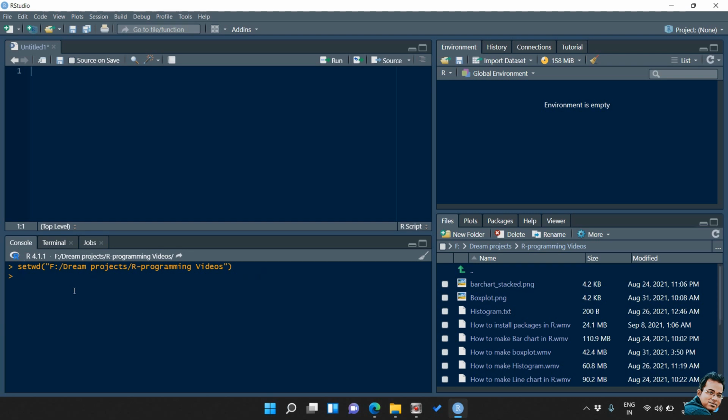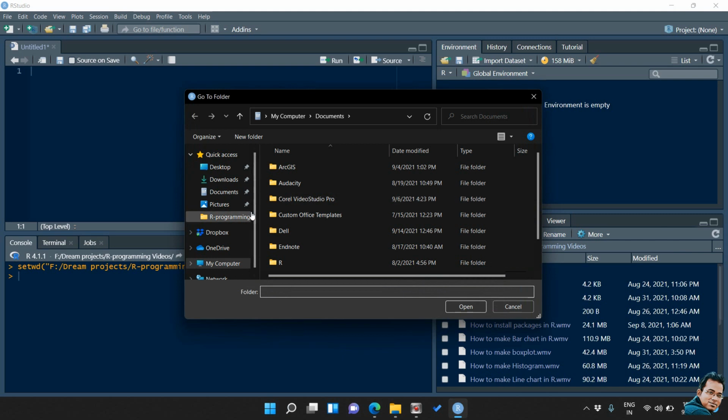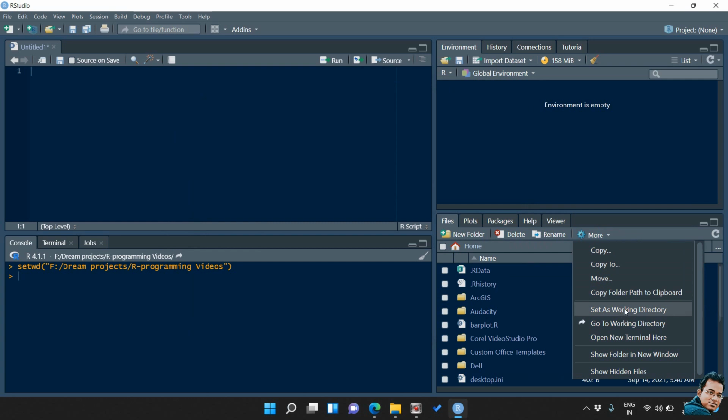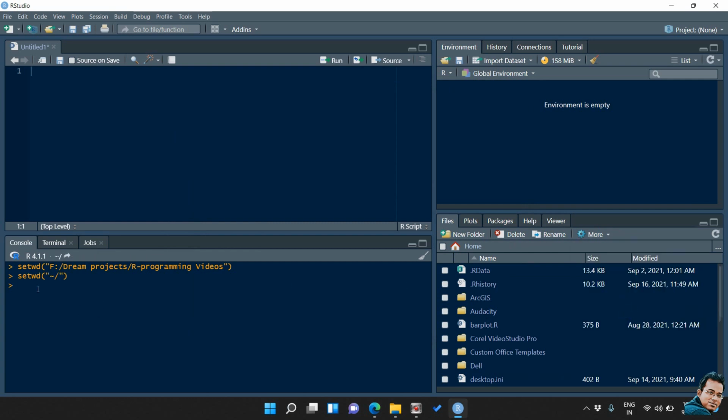So this is my current working directory folder. Let's move back to my earlier working directory folder, which is Documents. Open that folder here and click set as working directory. Now you can see my current working directory path has changed. So this is what we can do in the files pane.